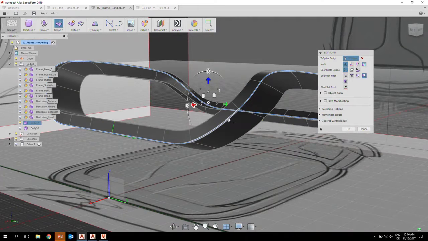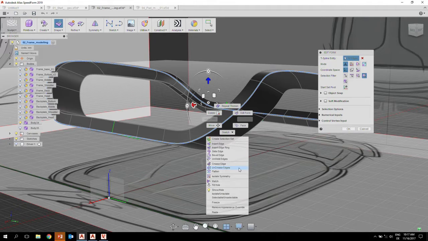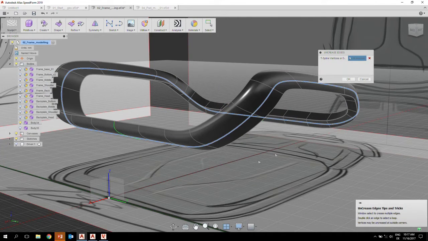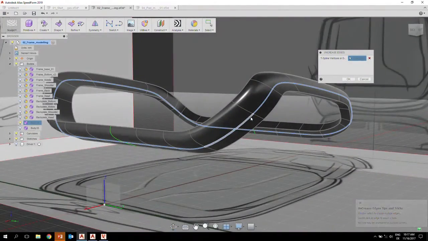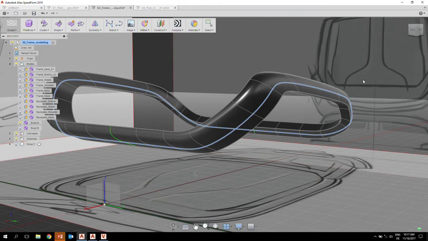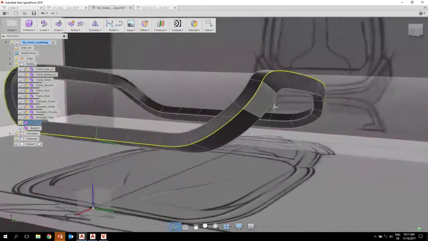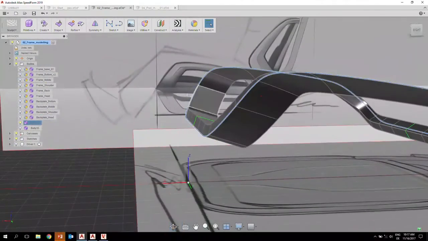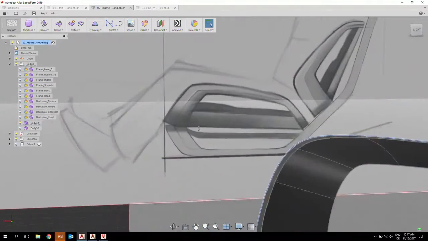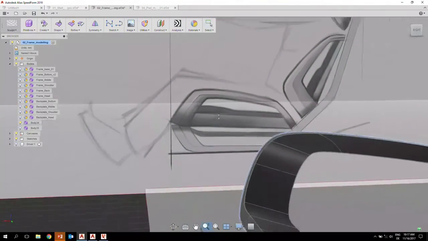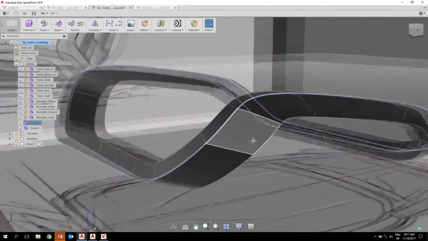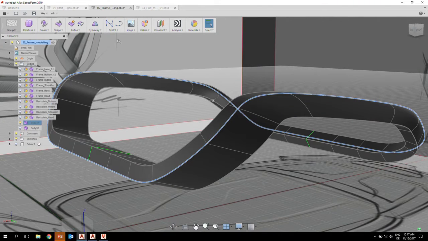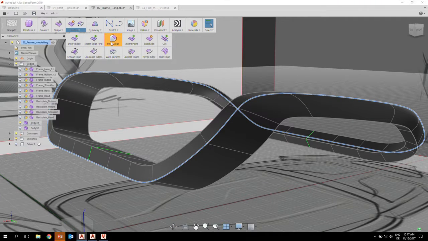I can also try to uncrease them, just select them by doing a double click and a right click, uncrease edge. And as you can see, everything is smoothed out. I can do this with the other ones as well, but I want to have a hard edge here, and therefore I'm canceling that. The next thing is I want to create, like you can see in the image, a sort of feature line here, and therefore I'm using the bevel tool. I'm beveling out that thing, so you also have to double click on that, and you can refine it using